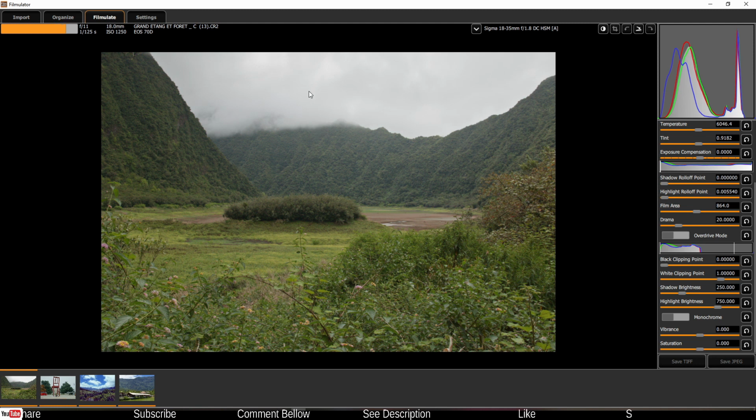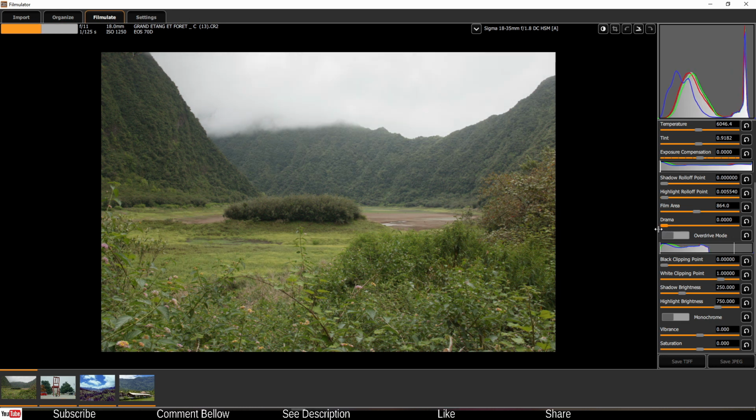As you can clearly see, a lot of the sky and cloud detail is back. Add some drama, as it says, or reduce some drama to make it a bit brighter, and if I add vibrance, it became bright and vibrant and colorful. That's pretty neat. That being said, before I go further to my conclusion, I'm going to show you the Fuji